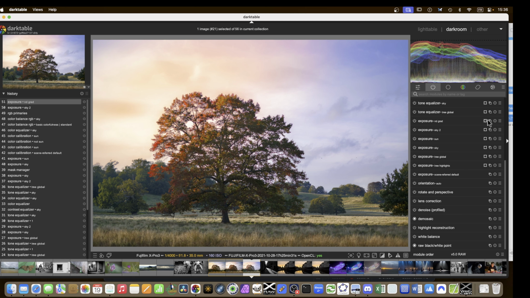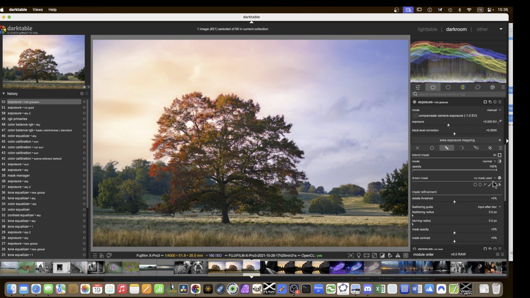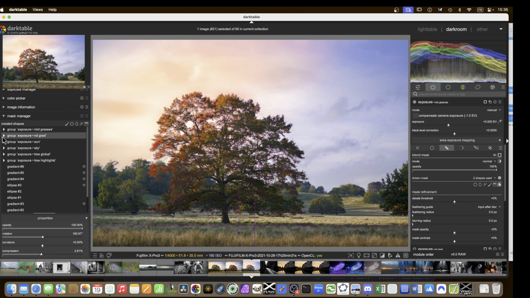So exposure, right click, new instance, control click, and I'm going to do mid grasses. I'm going to use the double gradient trick. So one gradient which is below the strip of grasses. These are the mid grasses here. So one below and another one above, but inverted. And if I go into the mask manager, now mid grasses group and intersect the two, then I have,